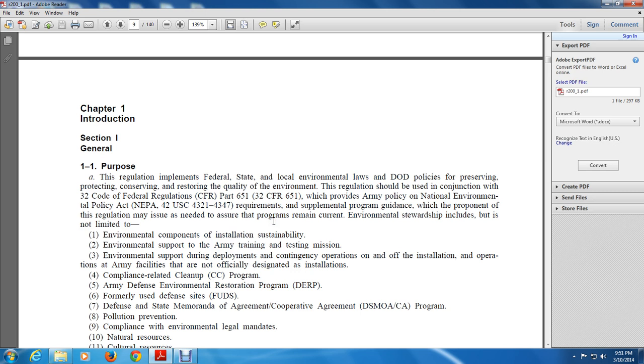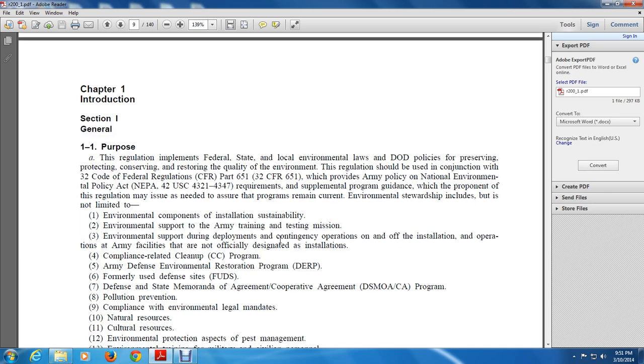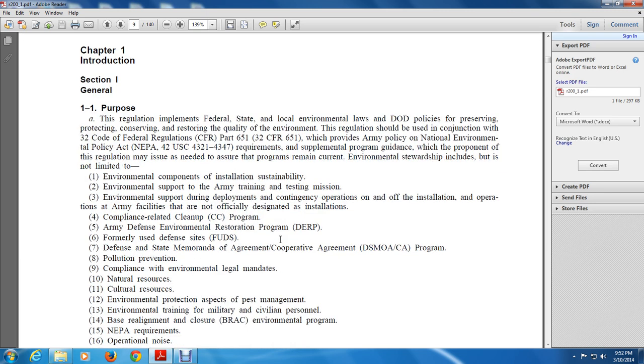Formerly Used Defense Sites, FUDS, the Defense State Memorandum of Agreement Cooperative Agreement, DSMOA-CA, as in the Department of State Memorandum of Agreement and Cooperative Agreement and program, pollution prevention, compliance with environmental legal mandates, natural resources, cultural resources, environmental protection,